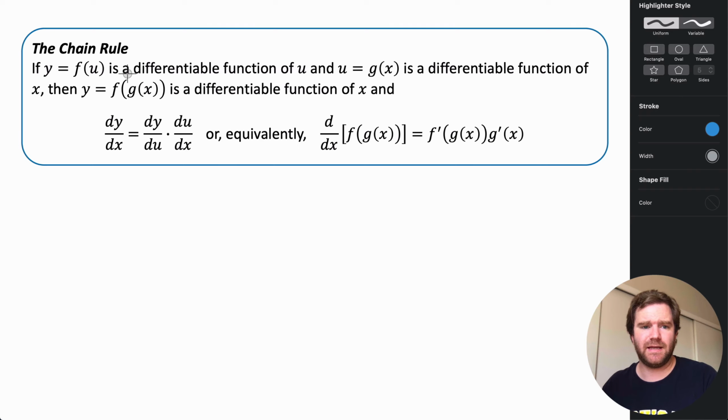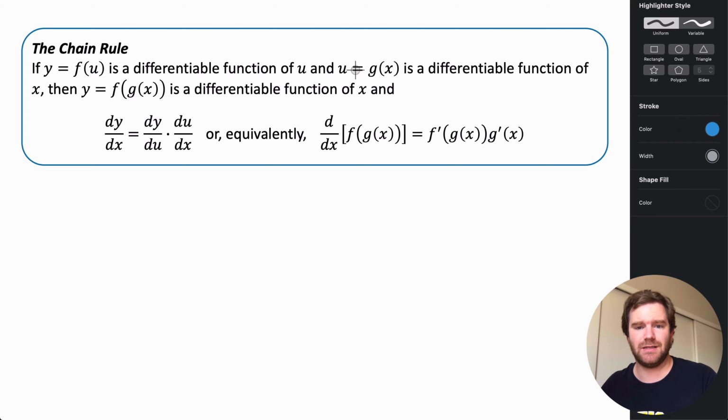In this video, we're going to be taking a look at something called the chain rule. The chain rule is essentially what allows us to take the derivative of a composition function. So if we're given a function y equals f of u, and it's a differentiable function in terms of u,